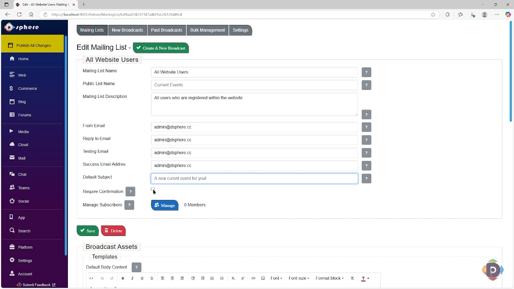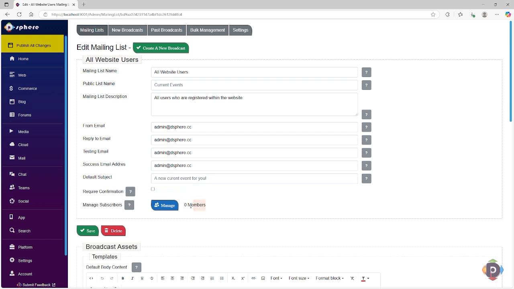Okay, so that allows you to manage that checking. But sometimes when you have staff members inside your business or organization, you don't need to require confirmation that they're added to the mailing list, because you, as the president of the corporation, want to be able to create a strategic sales team update mailing list, and you can easily do that as well and apply an infinite number of team members from your decentralized teams or forums or what have you to make that happen. Then you can manage your subscribers.